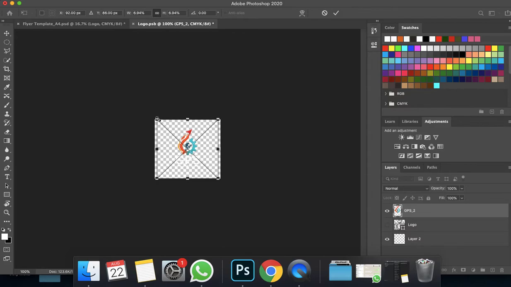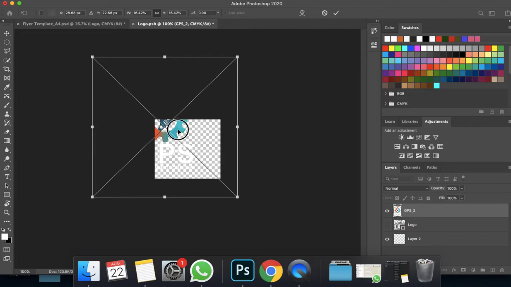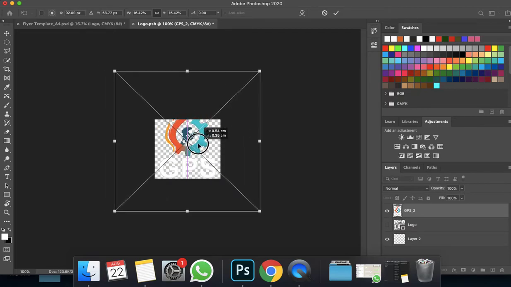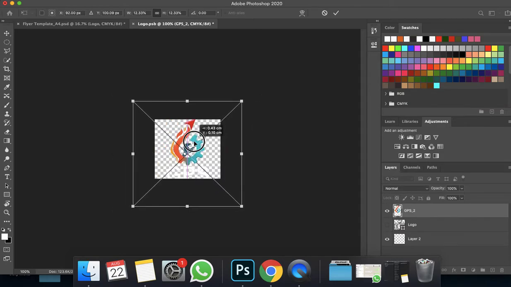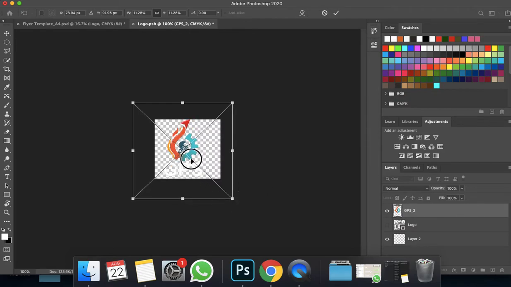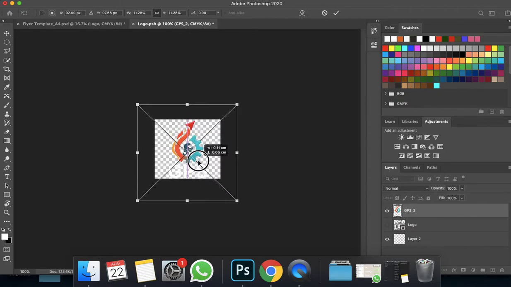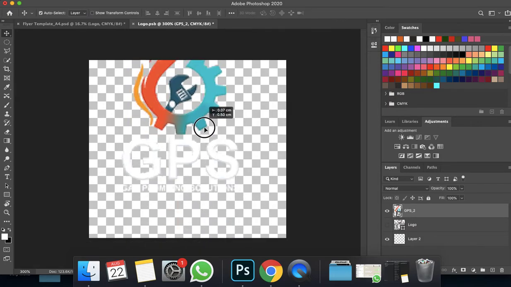And as you can see, it's pretty small, so I'm going to make it bigger so it fills up the screen. And then just use my cursor to move it around. I think there's other ways to do it better, where you just click on a button in Photoshop and automatically it fits the screen, meaning it fits the background. But I'm not that much of a techie, I don't know much. So now I'm going to zoom in to make sure that, wait, is there more of the logo? Okay, so,